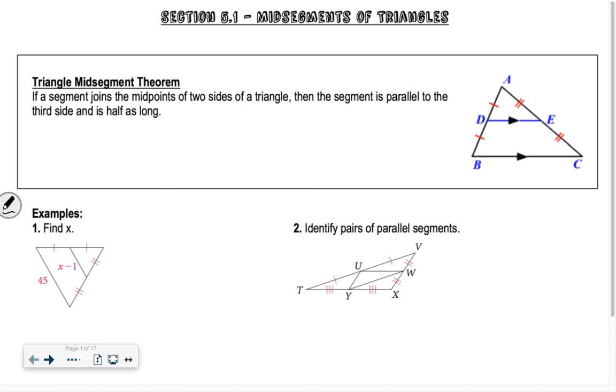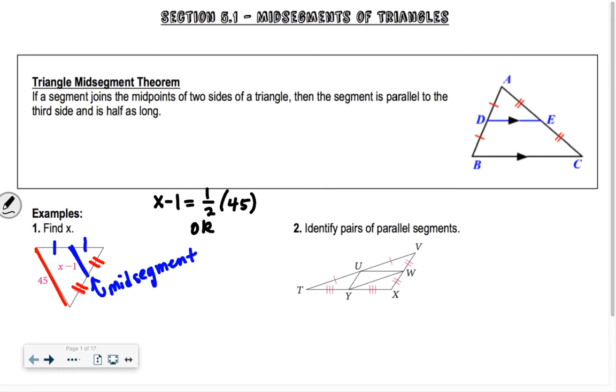So number 1, it says find x. So when we see these markings on a triangle and we realize, oh wait, we have these two are equal to each other and we have these two are equal to each other, that means that this is a midsegment. So if we have a midsegment, we know that midsegment is half of this other side, the 45. Okay, so we can write this in two different ways. You could say the midsegment, which is x minus 1, is half of 45,